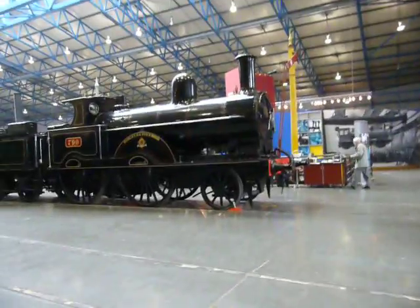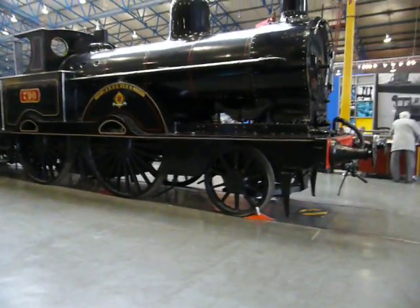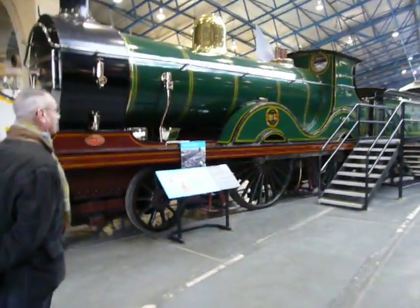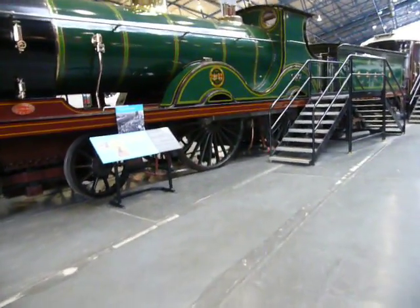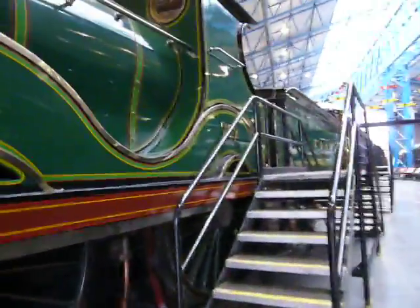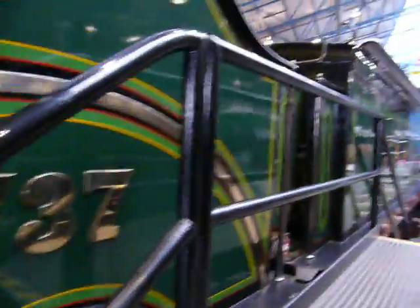And here we are in the Great Hall of the National Railway Museum. That's a typical Victorian locomotive there, that 240. Now this is the locomotive that was in Chariots of Fire. Yeah, I think just pop up and have a look at this. Yep, this is the locomotive that Ben Cross and Alice Cridge are standing in front of at the end of